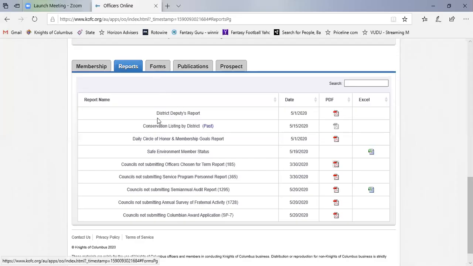So that's what shows up in here. The other interesting one to take a look at is the Safe Environment member status. And notice right here, it tells you the last date that these forms were updated. But if I come over here and click on this Excel spreadsheet